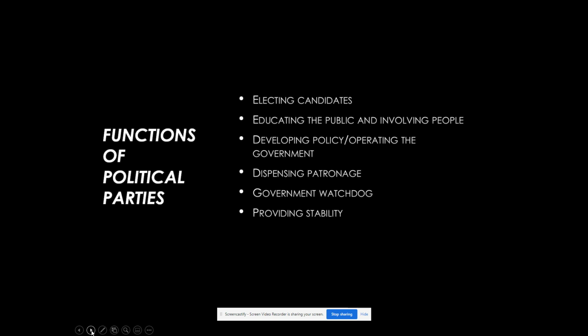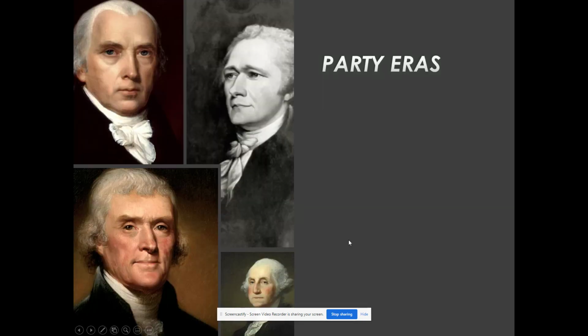Providing stability as well. Parties do create some sort of stability where, heck, even if you don't know anything about a candidate, just the fact that they're a Republican or Democrat already gives you some information about where you think they stand on the issues, where they are in the political spectrum, especially in the two-party system. If you want stability, the two-party system says, hey, it's either going to be this group or this other group, but one of them will at least control this lever of government and make policy decisions at that lever.